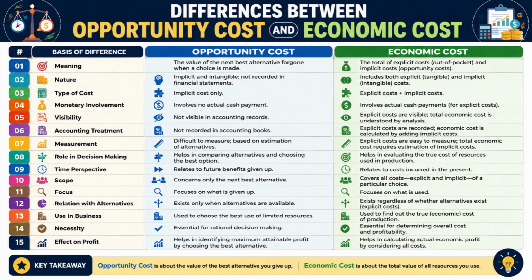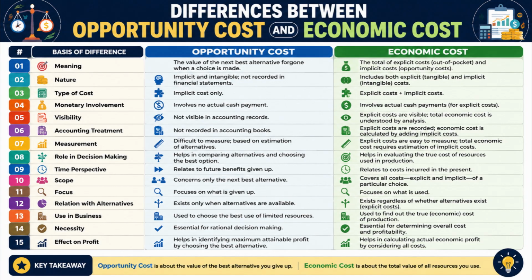Number 3. Opportunity cost consists only of implicit costs, whereas economic cost consists of explicit costs plus implicit costs. Number 4. Opportunity cost does not involve any actual cash payment, whereas economic cost may involve actual cash payments through explicit costs. Number 5. Opportunity cost is not visible in accounting records, whereas economic cost includes visible explicit costs and